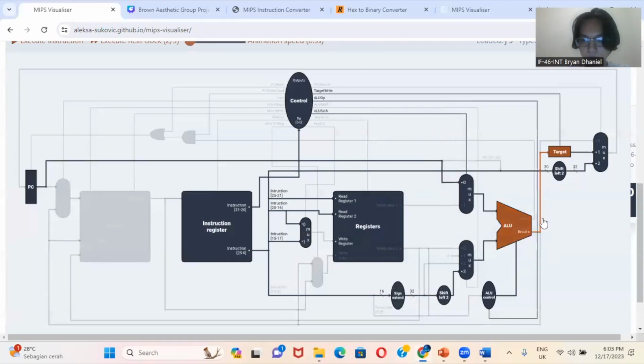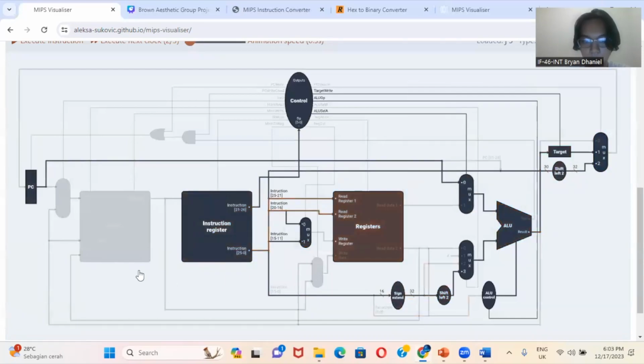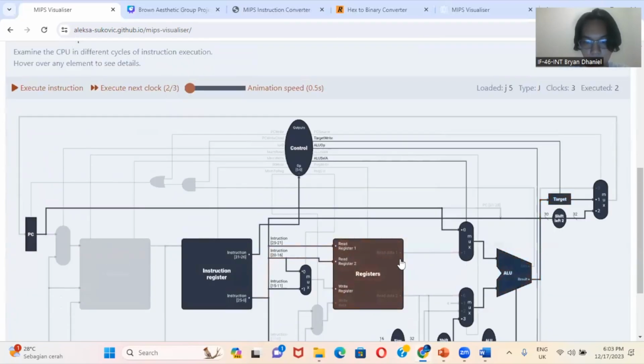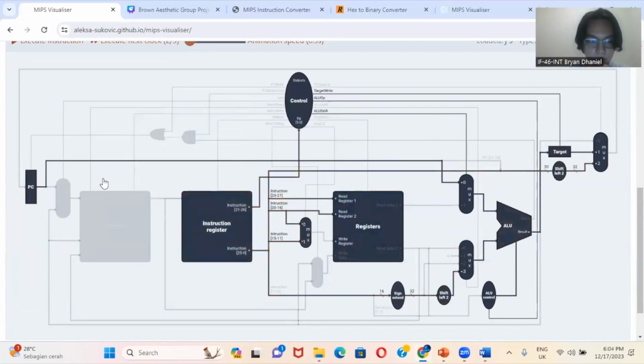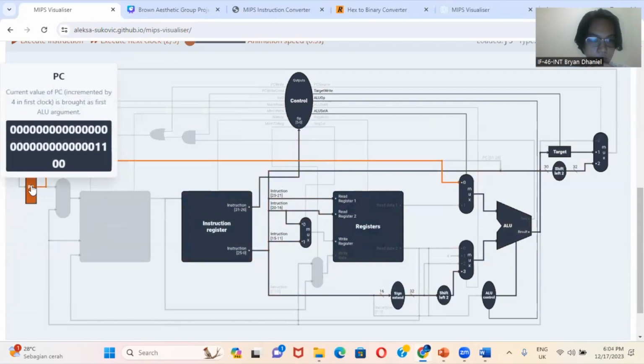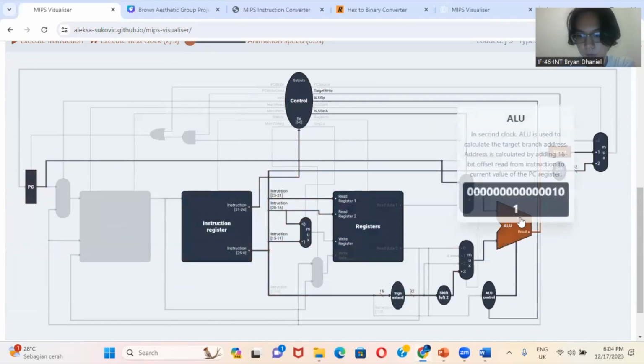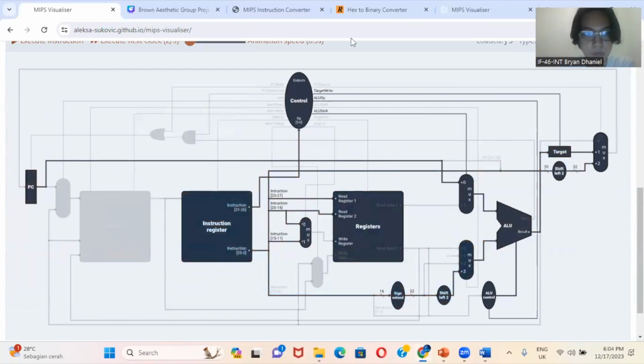So in this part, we need to add 4 with 16. The current value of PC incremented by 4 in the first clock is routed as the first ALU argument. So in this we got 4 in the PC, and it goes to the multiplexer here.